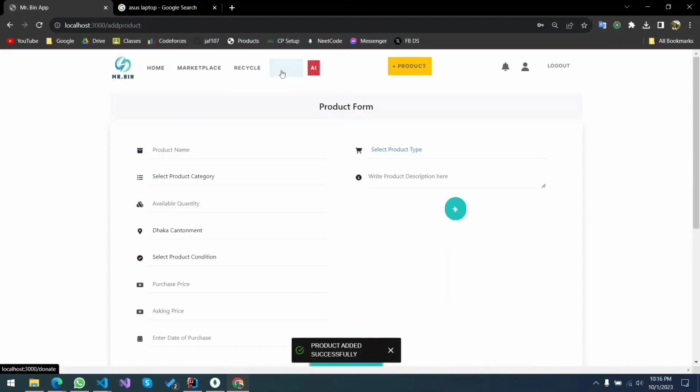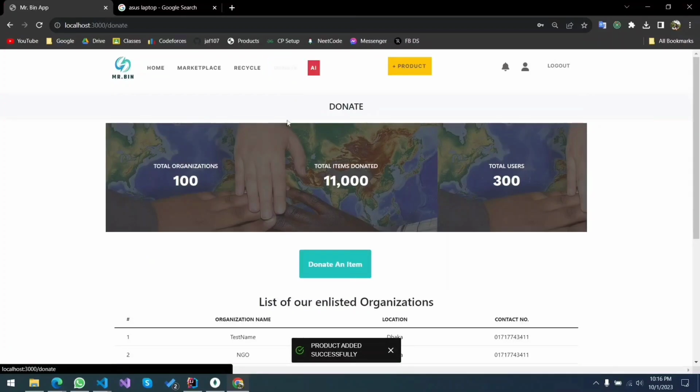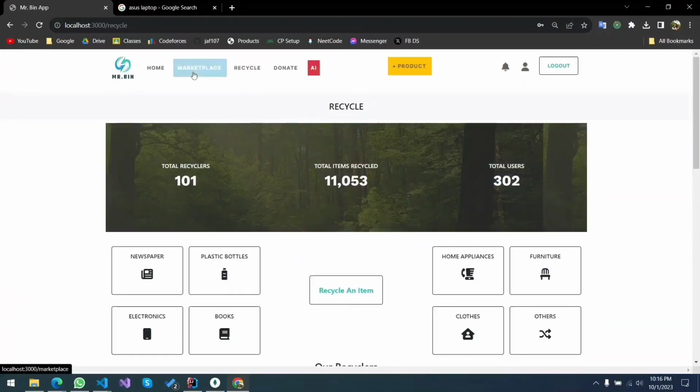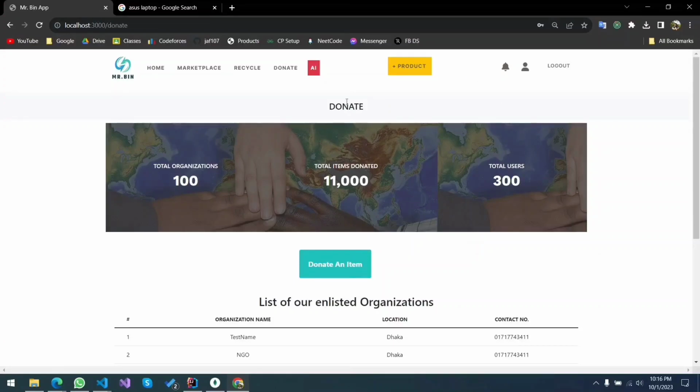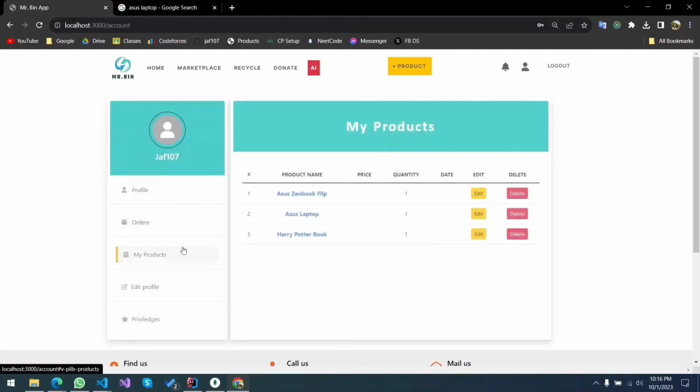Same goes for here. Our product is successfully added, but it's not going to be shown in donation as a gift. Only an organization that is up for accepting the donation can see them. And you can always see the list of products from here that it's updated.